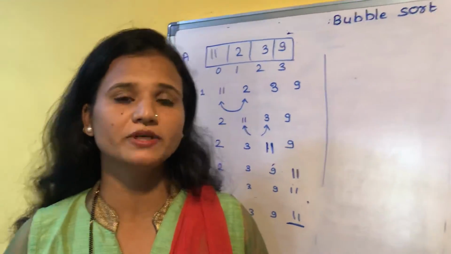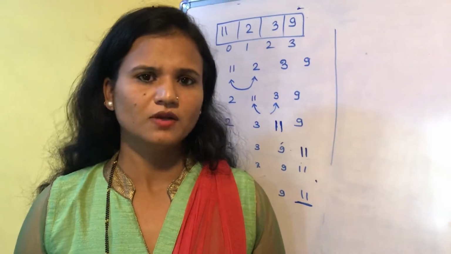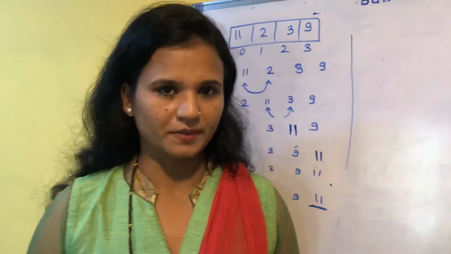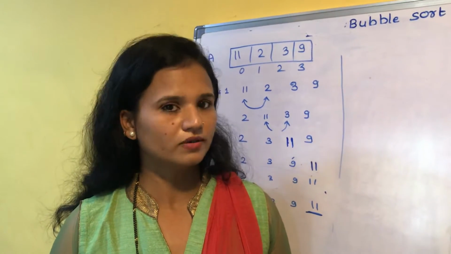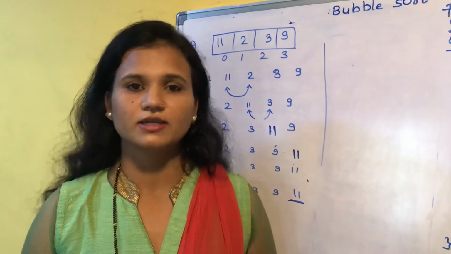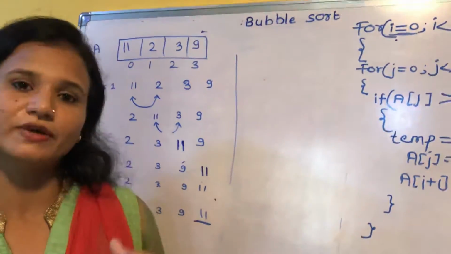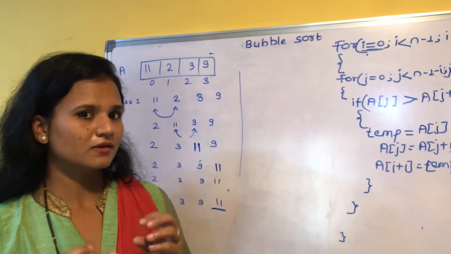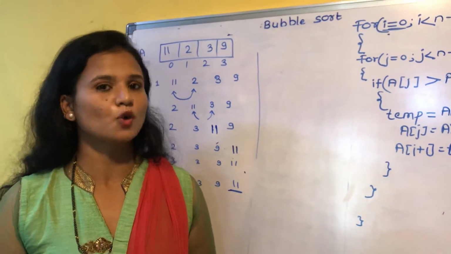Friends, in the previous video we discussed the bubble sort algorithm. What is the basic principle of the bubble sort algorithm? We compare two adjacent elements, and if those two adjacent elements are in incorrect order, then we have to swap them, isn't it? In the previous video, we saw one C language code for that and one example. In this video, I'm going to continue this, with some modifications, just to know where to stop sorting.